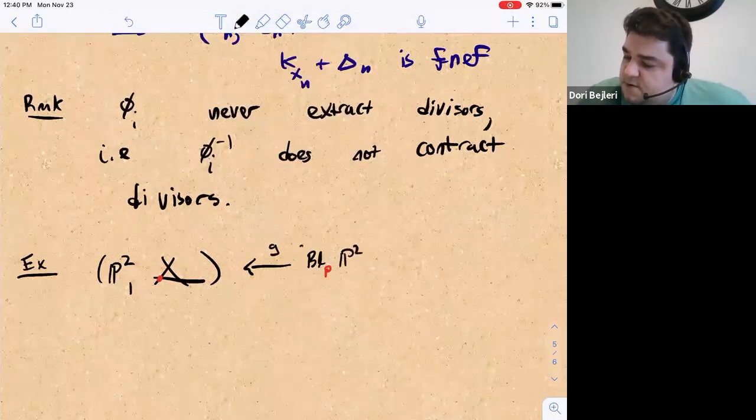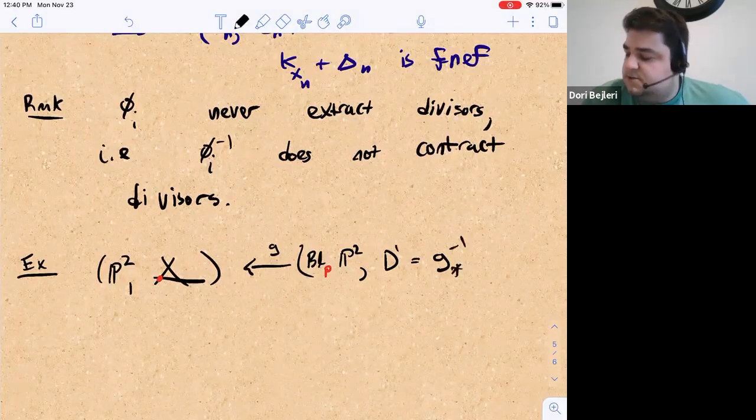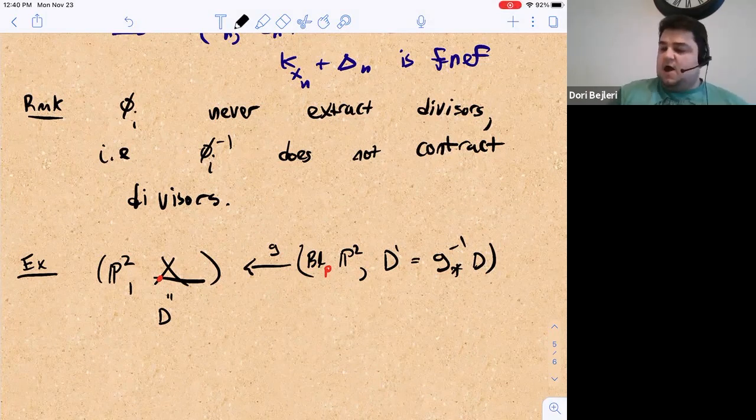Of P2, and then let D prime be G lower star inverse of D, so the strict transform of D, where these 3 lines are divisors downstairs. Then this is a case where G inverse does extract a divisor. It extracts the exceptional divisor, and the point is here in this example,